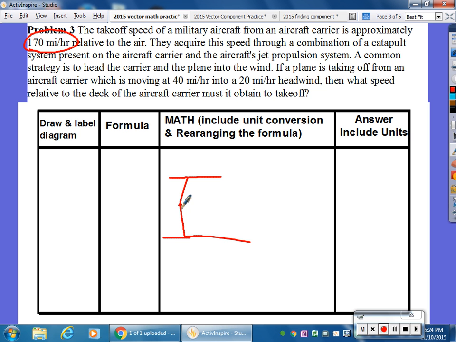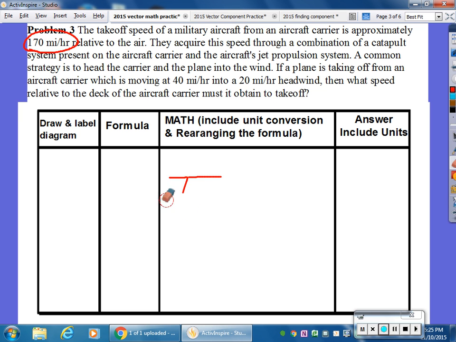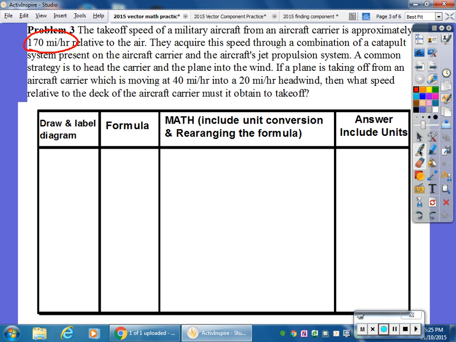And then there's the aircraft, and I can't really draw a very good aircraft here. So you're just going to have to love my aircraft whether you hate it or not. So there's my aircraft, and it's hooked to the catapult, and it shoots it along the deck. And then, of course, they turn the afterburners on, and that creates some of the propulsion too. But even that is often not enough to get the speed that it needs to get that thing off the deck. So the captain of the boat will also aid in this process by getting the boat